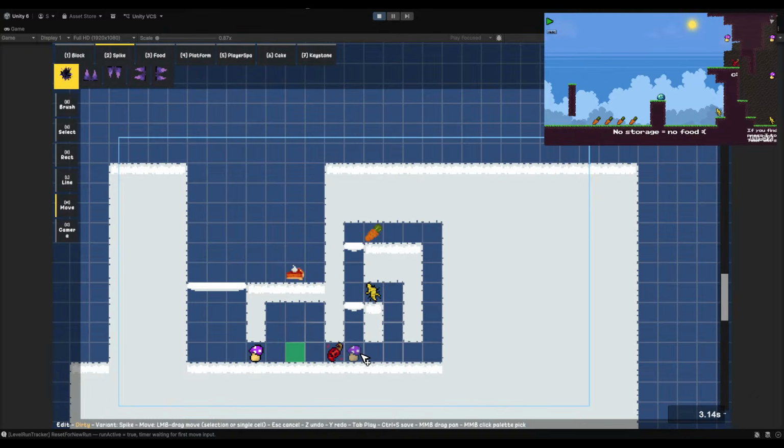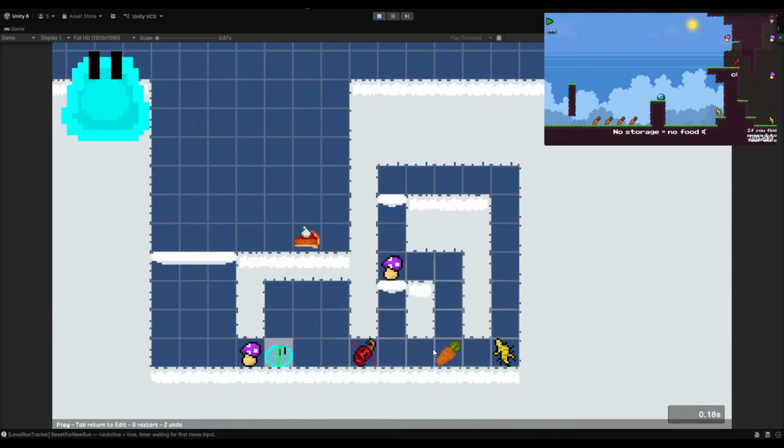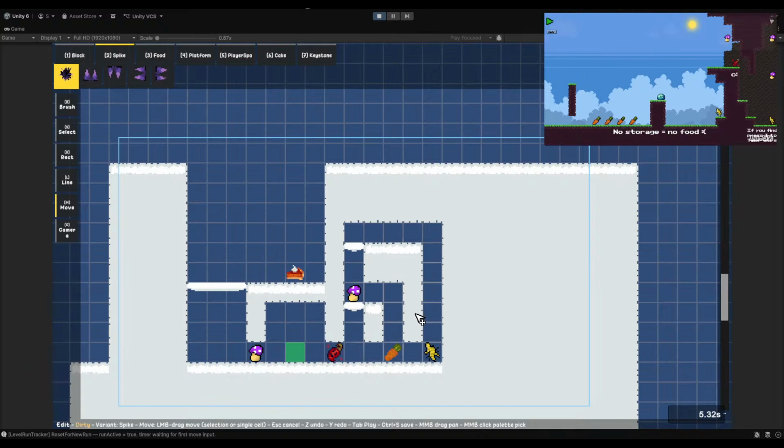Actually, I like this. We put mushroom here. They can't pick up this mushroom, right? Because they're full. Then we should put an apple.